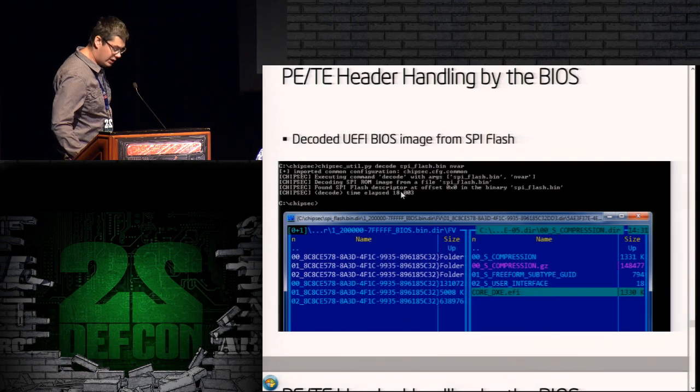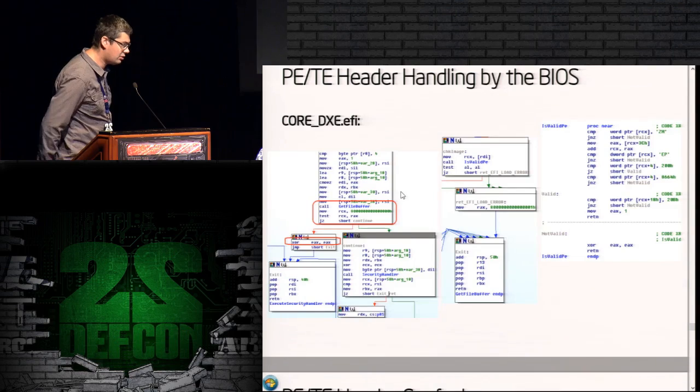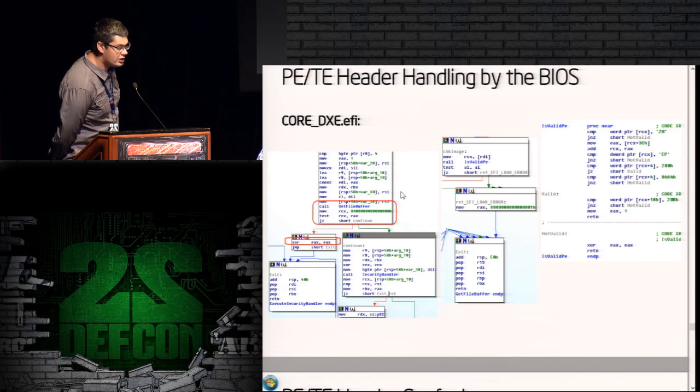Let's take a look at the actual implementation inside a UEFI BIOS. We parsed the SPI Flash dump with CHIPSEC, and we found the DXE driver that actually implements the image verification library. It's the core DXE UEFI file. We loaded it into IDA Pro, and we found the function. To the left is the image verification handler. What it does, it calls a function that checks whether the executable image is a valid PE/COFF image, and it returns an error if it's not. And if it returns this error,